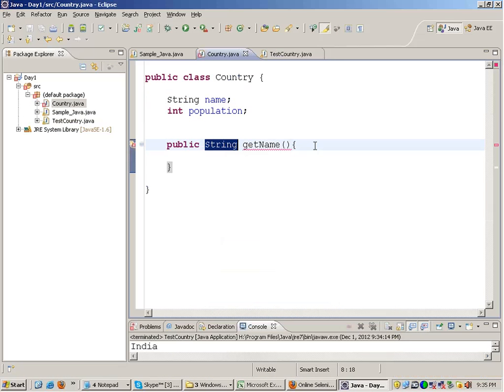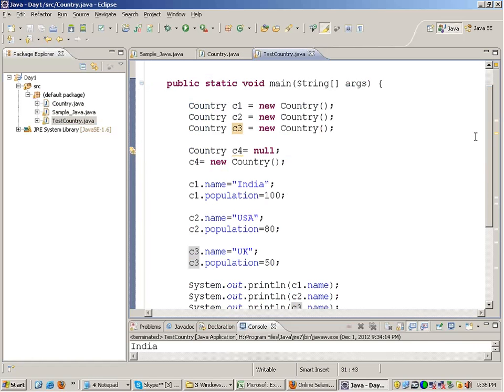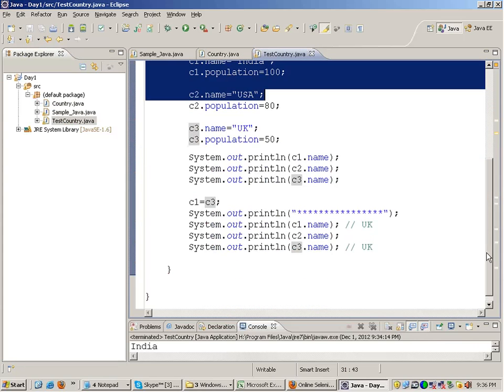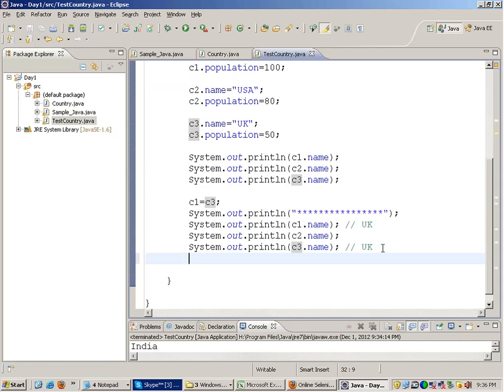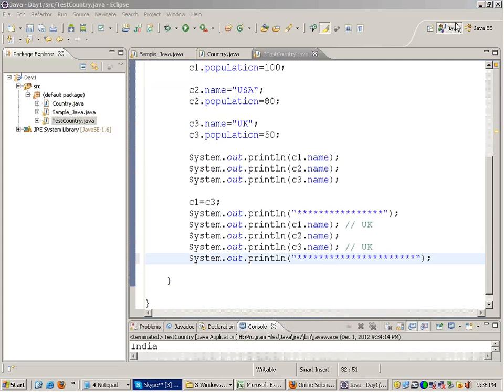So I write over here return name. Now in test country I can also print like this. I can